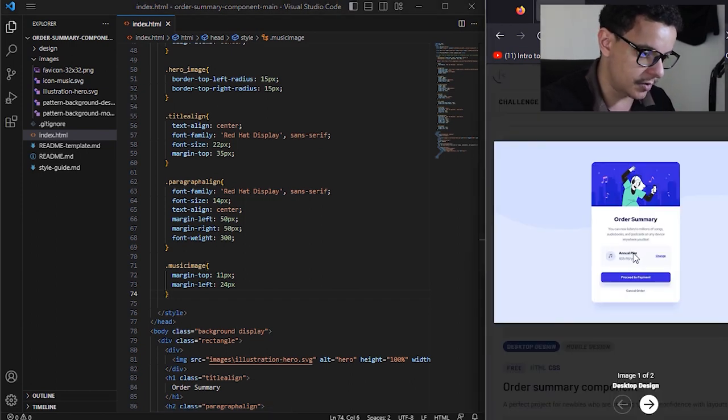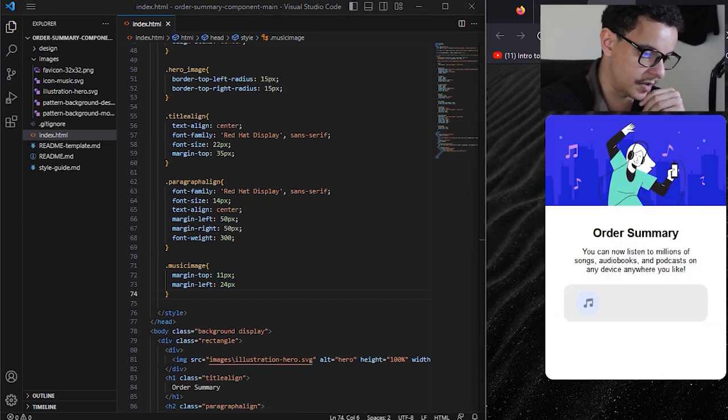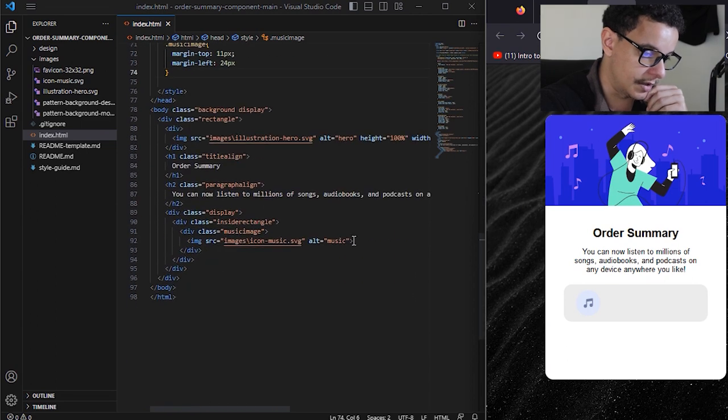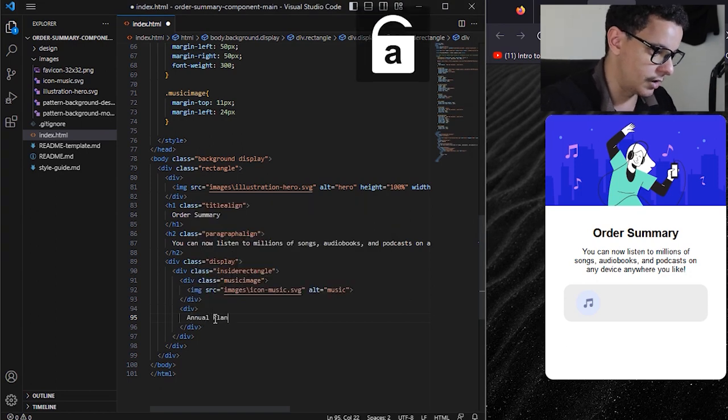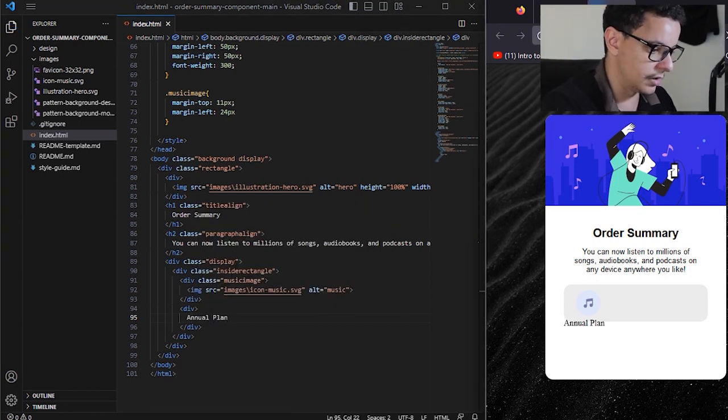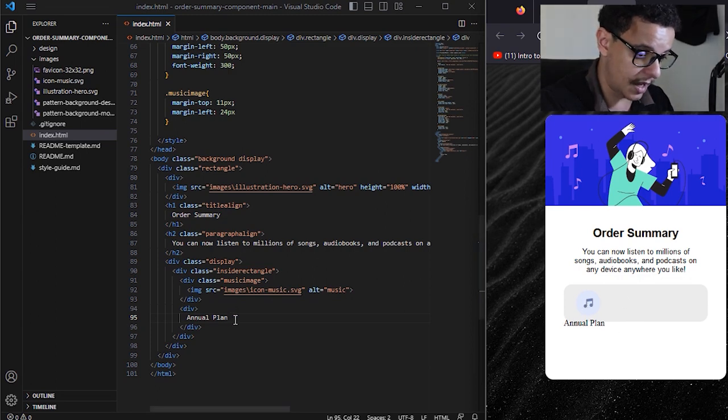Let's put the other elements, which is annual plan and the price for the plan a year. So annual plan, I'm going to just open a div here and write what I want, which is annual plan. Okay, you have a lot of ways to do different stuff and assign the style you want for different things. It's in the wrong position. We are going to put it to the right position the same way we did with this music icon, which is